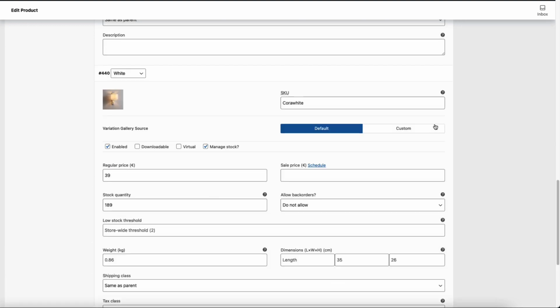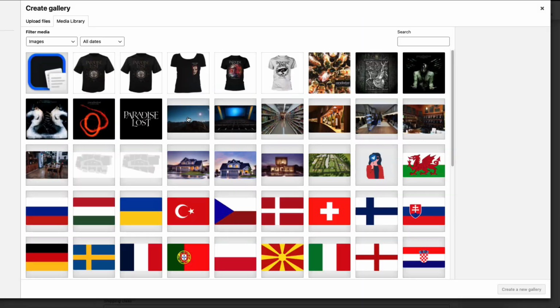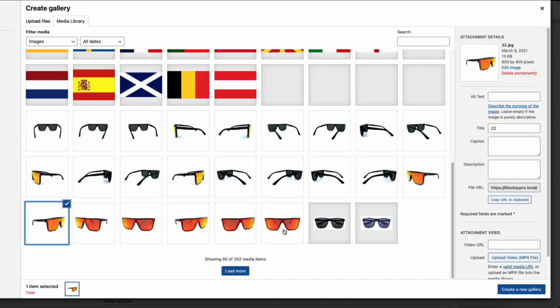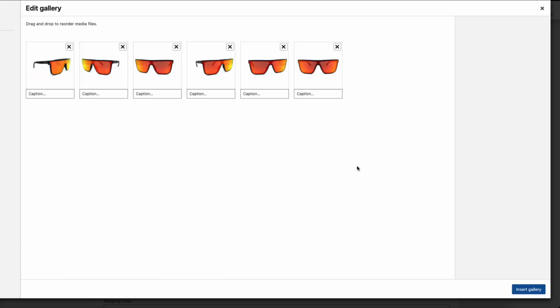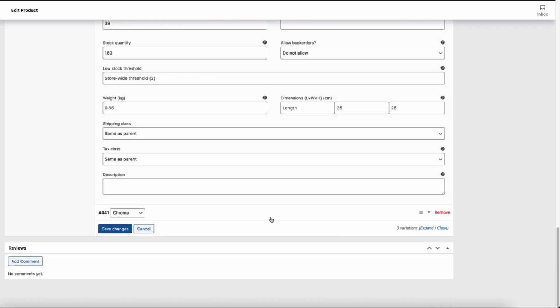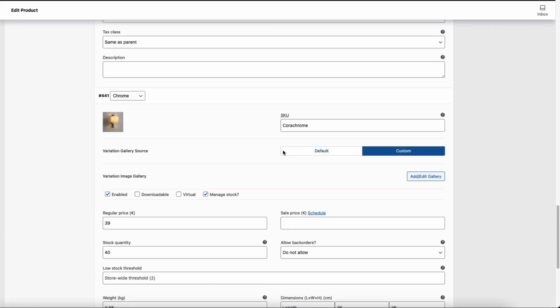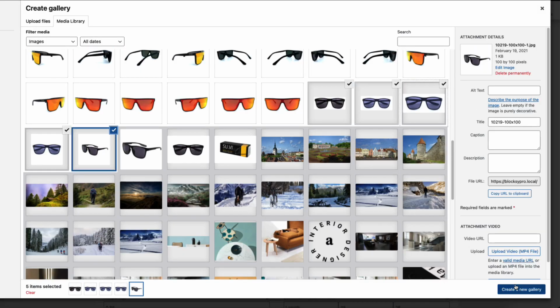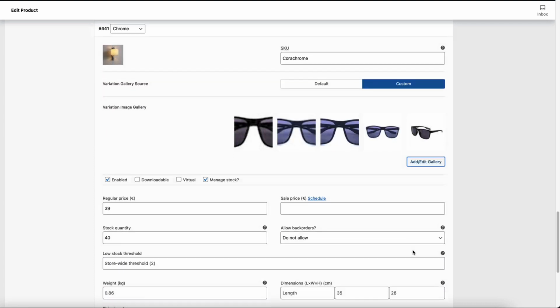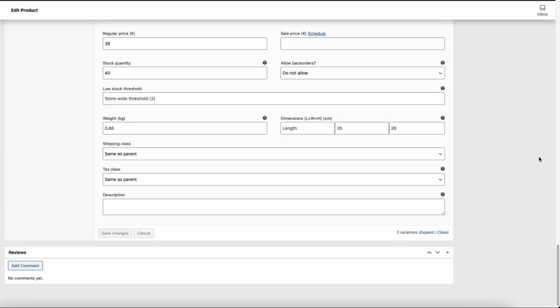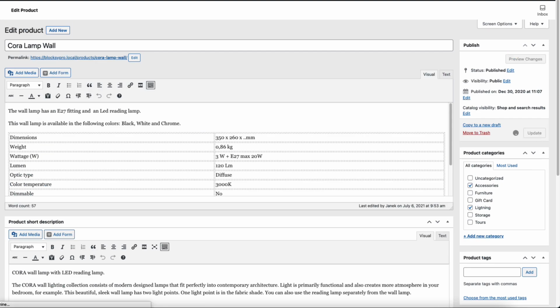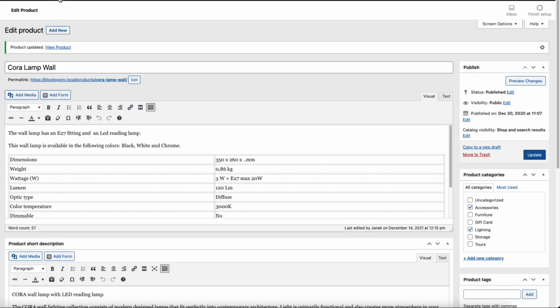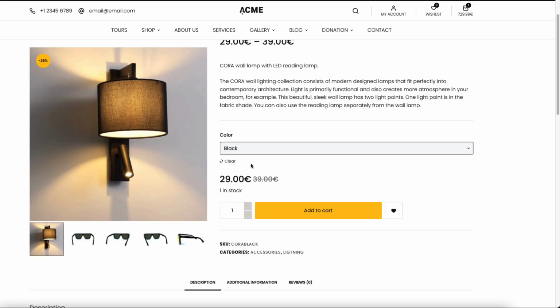Let's open up the gallery for white. For example, these images, I can rearrange them as I like. And I have a third one here, custom. Let's add those images here. Save changes, update my product, open it up, black, as you see, bunch of gallery images here,